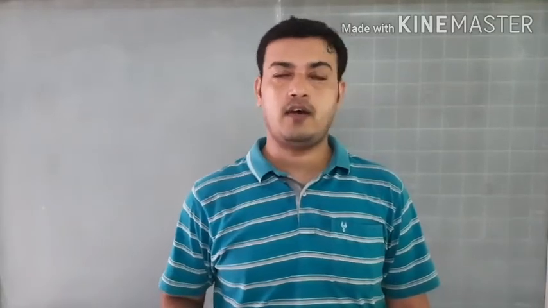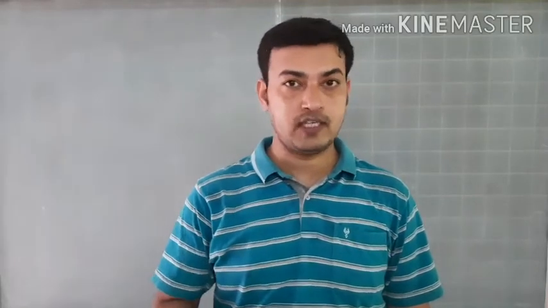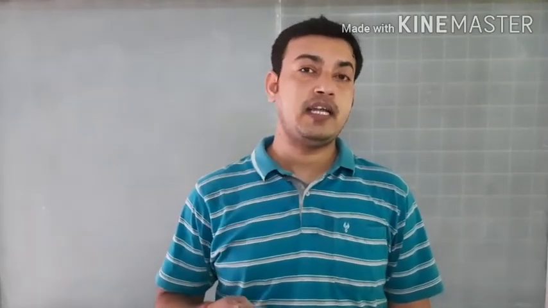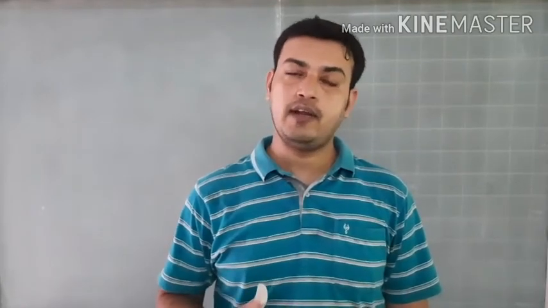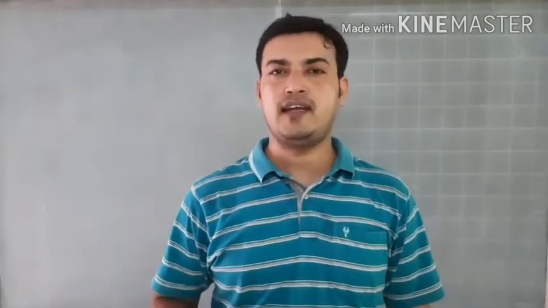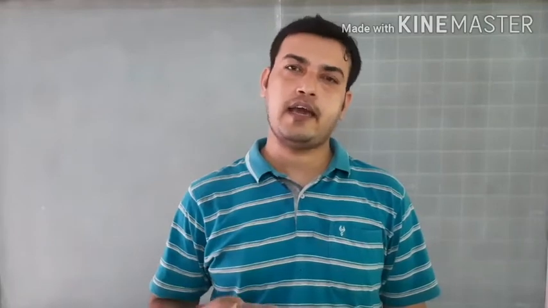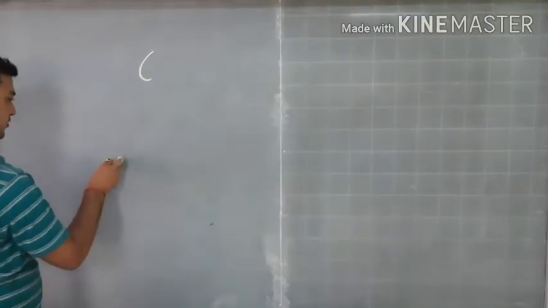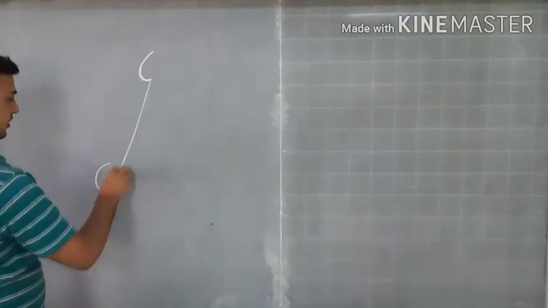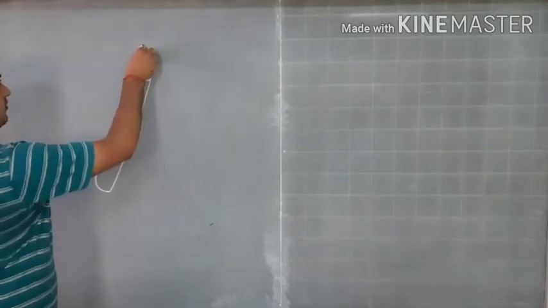Now we will discuss the torque that will act on a current carrying loop when it is placed in a magnetic field. We have just seen that, but I will take a rectangular loop in place of a circular loop. So let us calculate the torque that will act when a rectangular current carrying loop is placed in an external magnetic field. For producing the magnetic field, we will take bar magnets. So these are two bar magnets that will produce a magnetic field here.